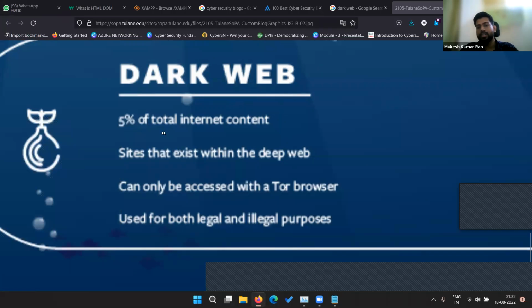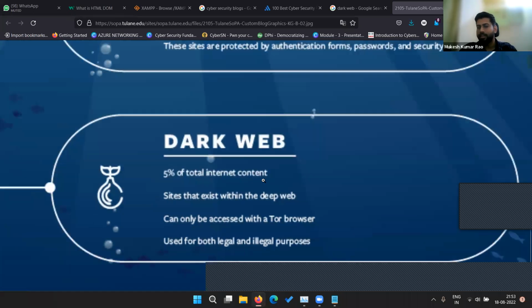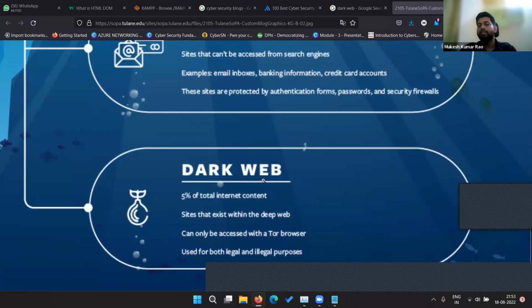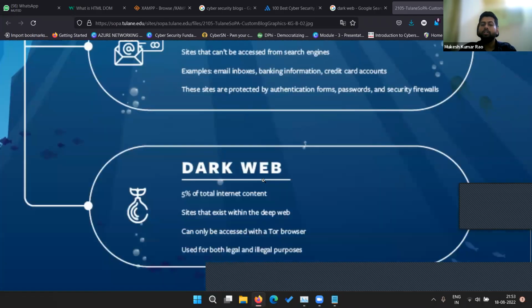The websites having illegal work, selling some drugs, doing illegal kinds of things, can operate in the Tor browser because it is a little harder to track somebody there. Illegal activities can be done that way. So that is a part of the dark web. To access it, we require the Tor browser.